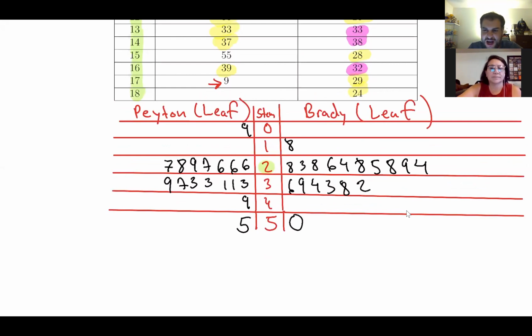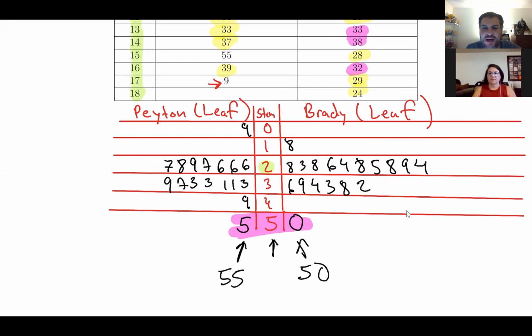So I had a question on how I got this last line. So the stem is 5. And right here, this represents Peyton Manning throwing 55 touchdowns. The 0 right here represents that Tom Brady threw 50 touchdowns. So that's how I got the 550. Because in one season, Peyton Manning threw 55. So to represent 55, you put a 5 on the left-hand side of the stem of 5. And the way I got 0 is because in one season, Tom Brady threw 50 touchdowns. So that's how I got the 0 on the right-hand side. So that's how I got the 550.